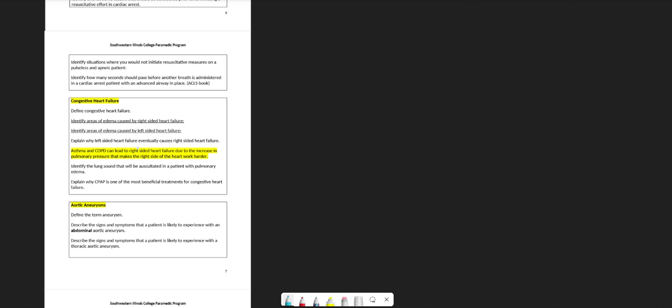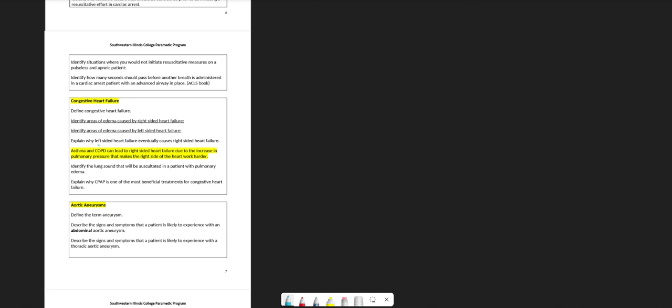Explain why left-sided heart failure eventually causes right-sided heart failure. So it kind of makes sense if you work backwards. So you start in the left ventricle. If the left ventricle is too weak, it can't pump out all the blood supplied to it by the left atrium. So fluid backs up past the right atrium into the pulmonary veins, into the pulmonary capillary beds, pulmonary arteries,